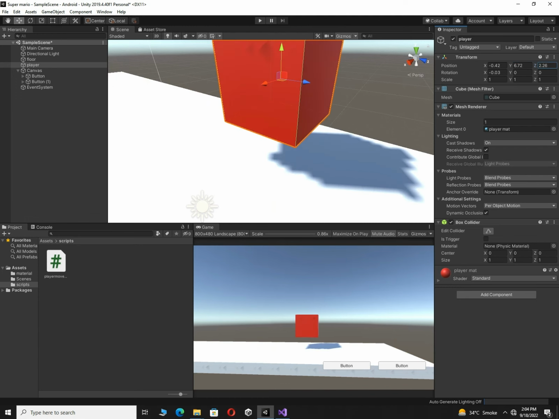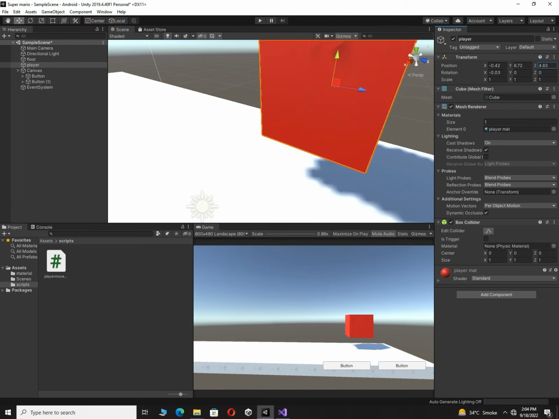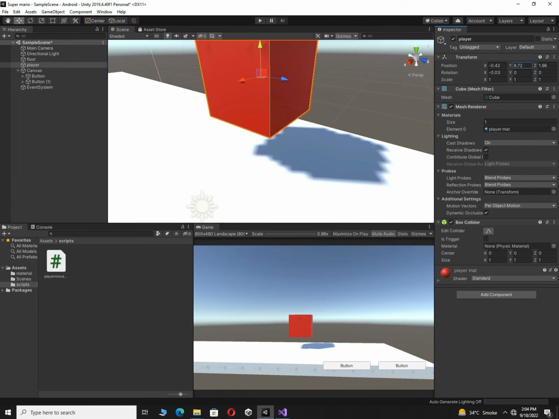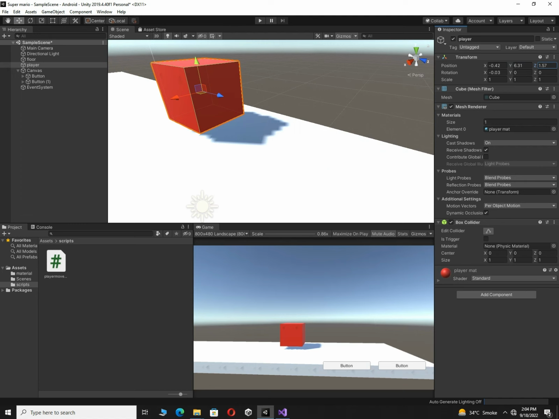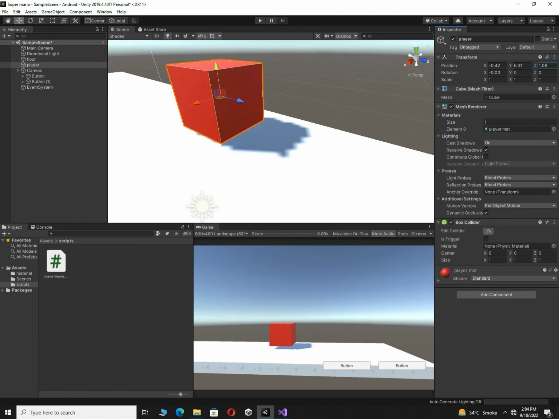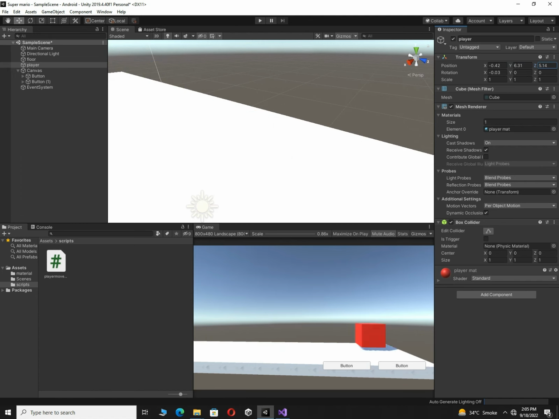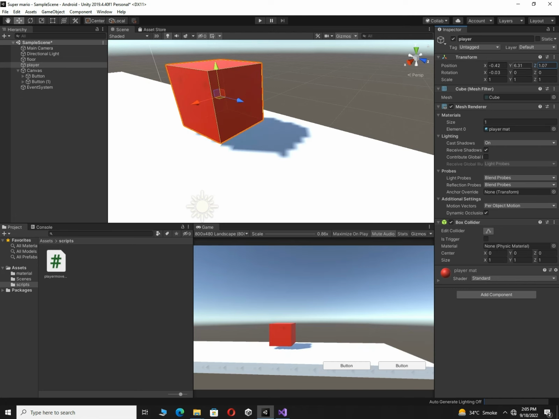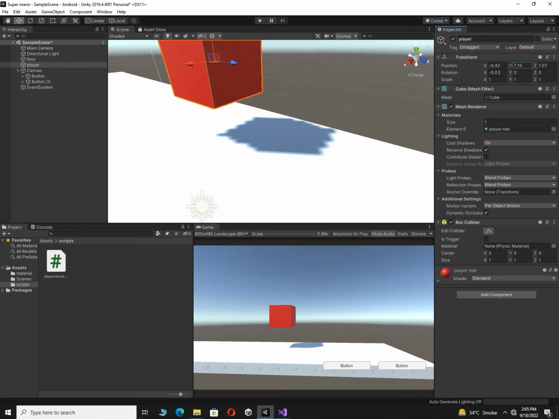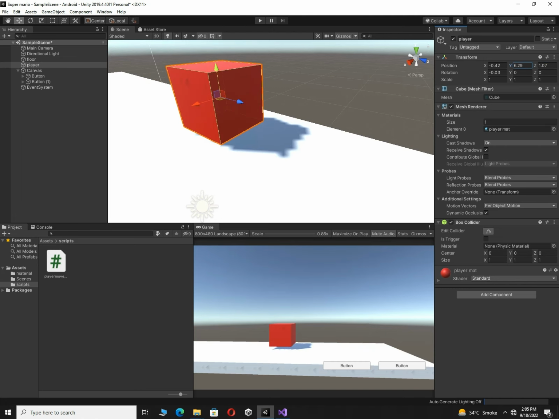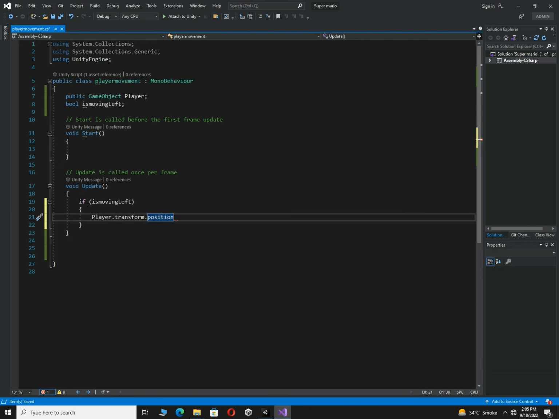Alright, so we will use z-axis and y-axis in our case because we have to move this player from here and there. So as you know, in z-axis we will move this player, and in y-axis we will use it for jump. Alright, so that is why I type player dot transform dot position plus equal to new